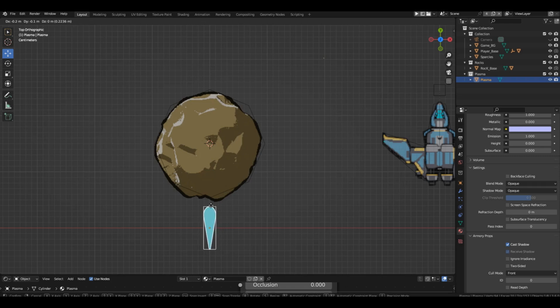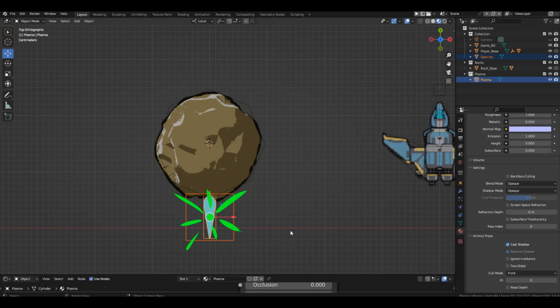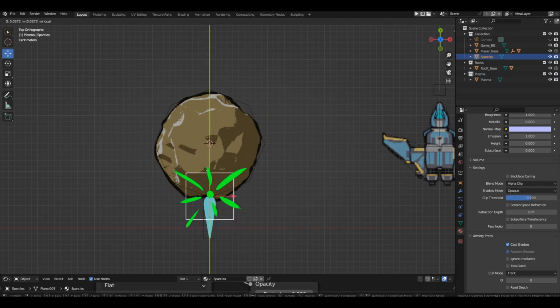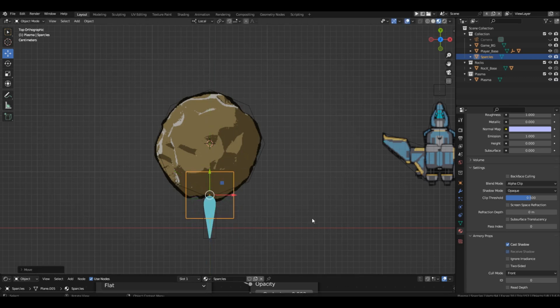Suppose the plasma touches the asteroid. Next, we spawn the sparks, and the coordinates for spawning are taken from the current position of the plasma. However, the object's coordinates are read from its origin, pivot point, or transform point. And it's right in the center of the plasma object. That's why the sparks will spawn exactly there. Although ideally, they should spawn right here. Well, fixing this is easy.